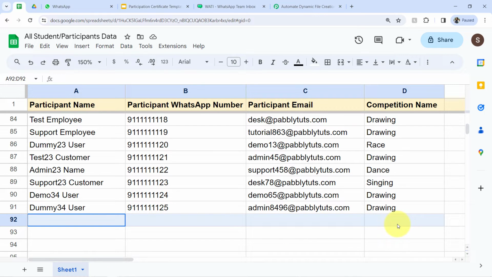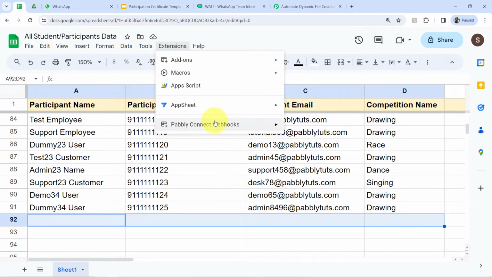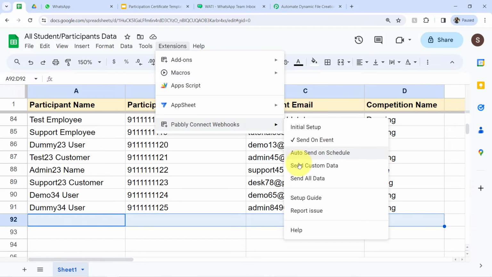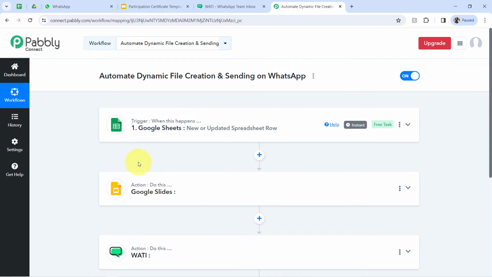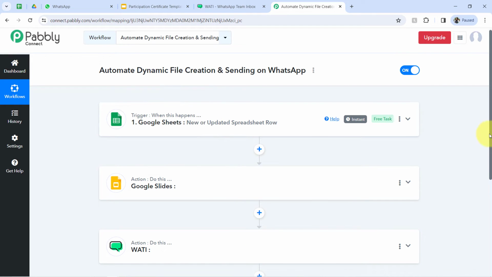this will ensure that every time there is new data, it will be sent to Pabbly Connect. But let's say you want this automation to run in bulk. For that you will have to enable a different setting, that is Send All Data. Well, I will explain this Send All Data at the end of this video once our automation is ready. Okay, so coming back to the dashboard of Pabbly Connect, moving further,